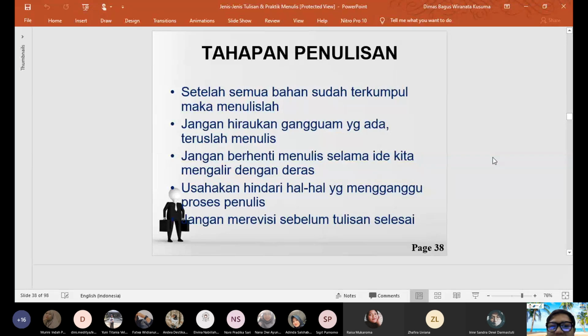And the second one, please be consistent. You need to ensure that every day or every week you must write at least one page. So time goes by, you don't feel that you have already written so many pages. And the third one, don't stop to write the ideas that are flowing out from your brain. For sure, these ideas will come out when you have not only a personal experience, but also some understanding of the content, and also you have so many references.